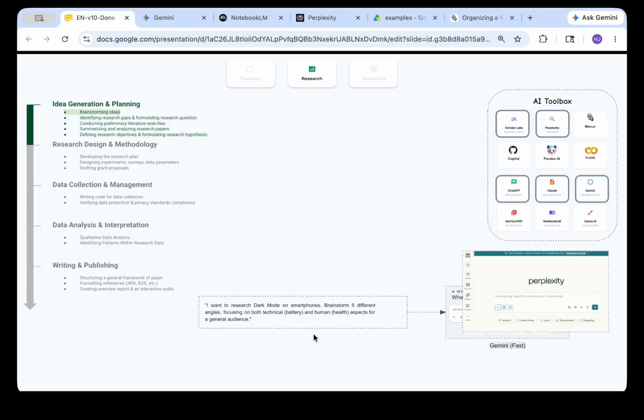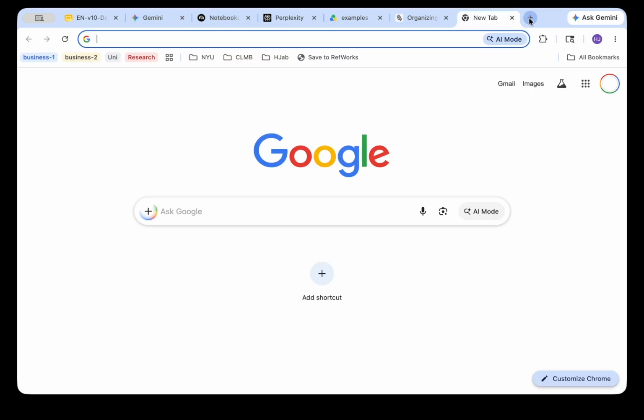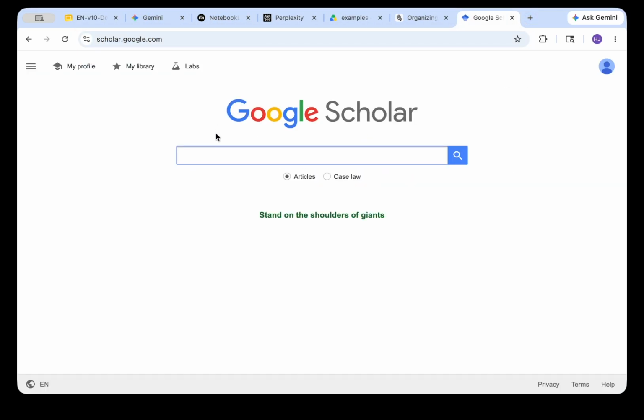So if you like to use Gemini, you can start with fast mode, or you can just move to the deep research mode. One of the things that you can use to do that as well is Google Scholar Lab. So if you get into scholarlab.google.com, you should be able to see the traditional Google Scholar interface, or website, which is used mainly to do some research,